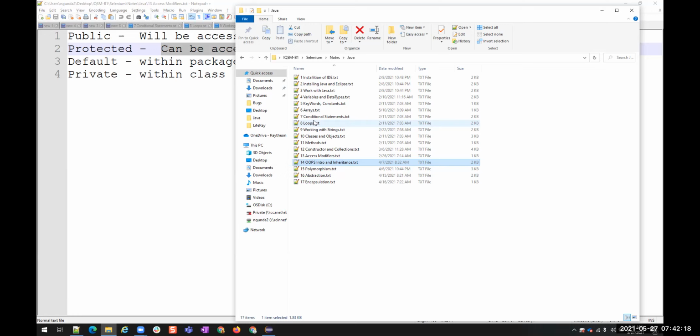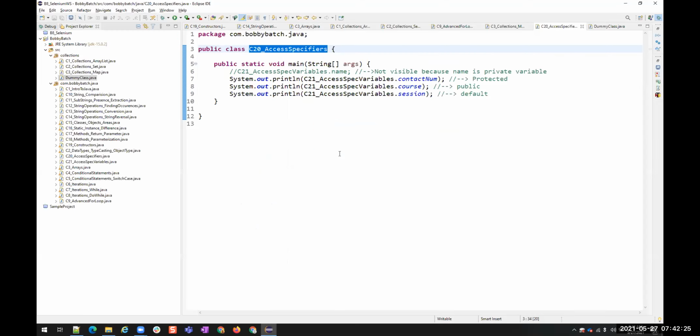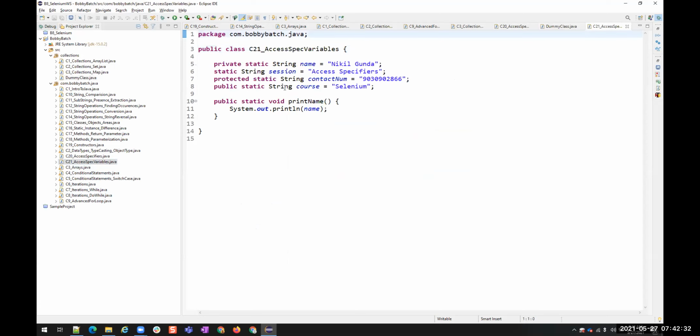Modify means already there is something, and now we are changing it. Then that is called modify. But what are we doing here? We're actually specifying what type of variable this is, right? That's it. Did I modify, or did I mention what type of variable this is? I did not modify. I just mentioned this. So that is why we say access specifiers. We don't call them access modifiers, but still some people call them access modifiers. No issues.